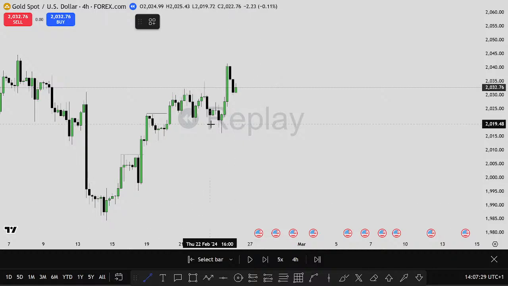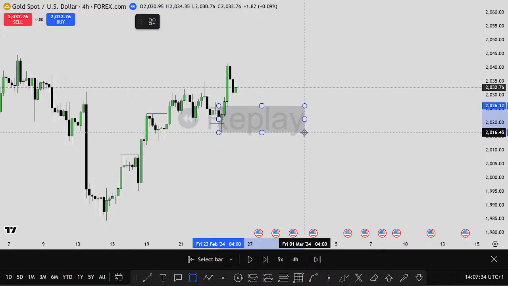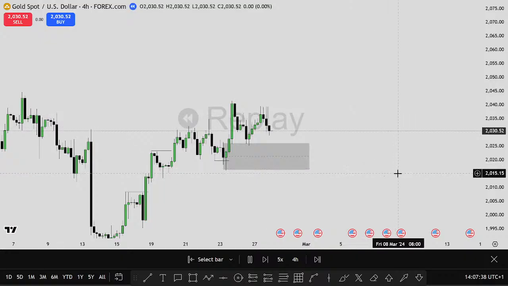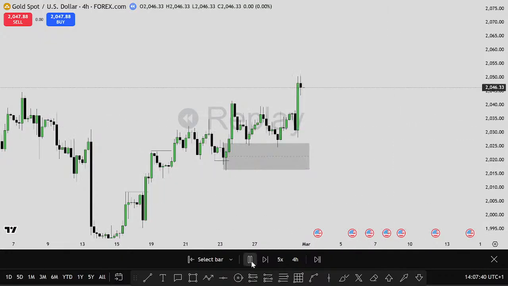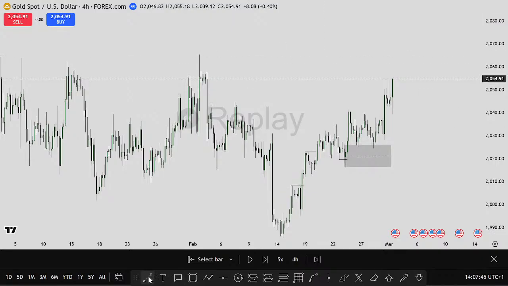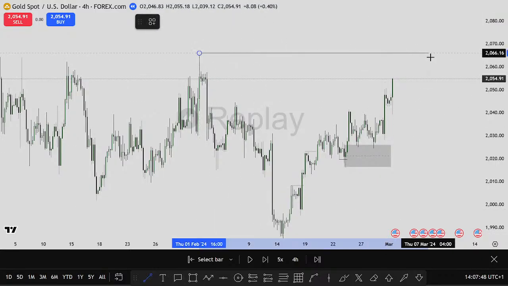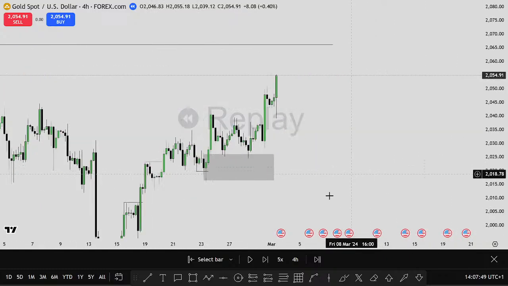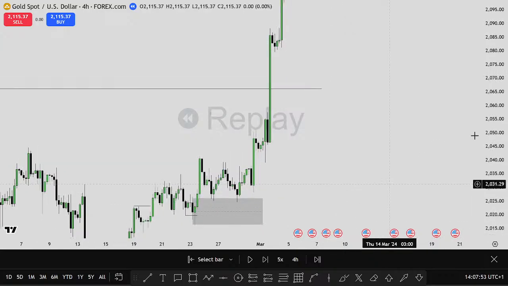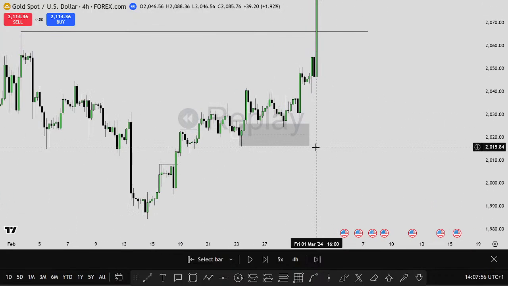So let's see liquidity. Let's see how it reacts off from here like this. Yes, it's reacting off from there. It's supposed to take out this high here like this. Yes, so it takes yikes, took it out. So main point is, after I did the 2 break of structure, it came down, then